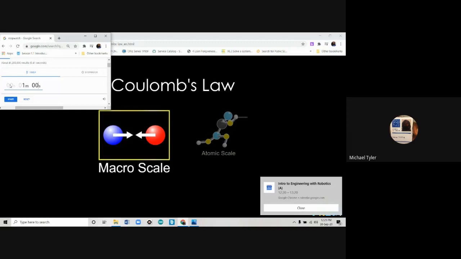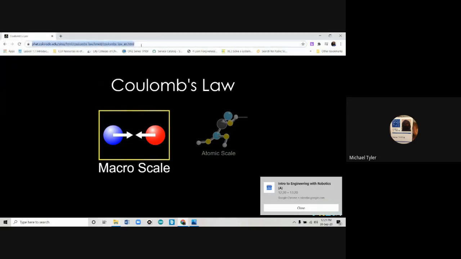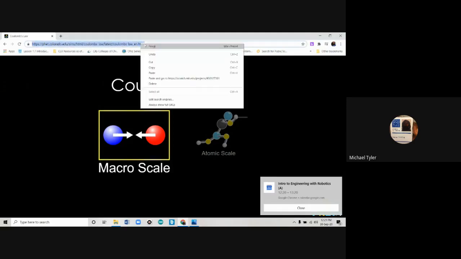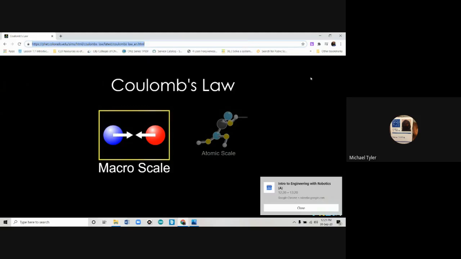Use this time to log into ESB and your Gmail account, because you're going to use Google Docs. I'm also going to put the link to this simulation in the chat, because you're going to need that in a moment. We're going to be going further into review, and a lot of this stuff is from last week. Where's the chat at? Try to access the simulation because you're going to need to take screenshots for your Google Doc.